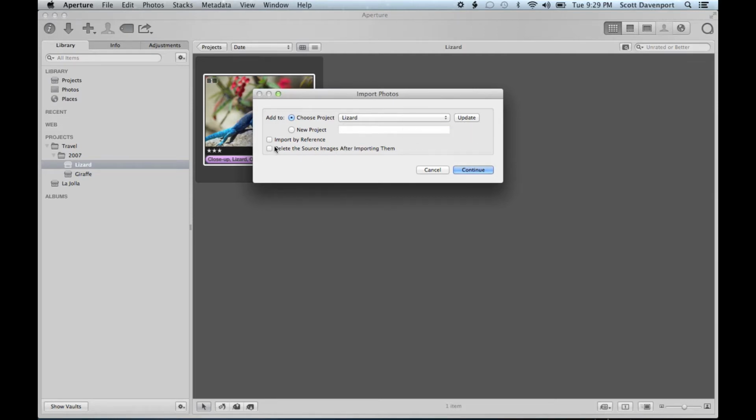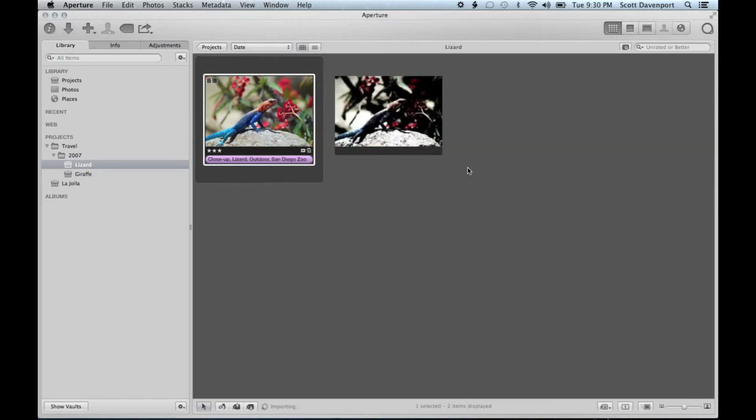The last thing I will check is this delete source images. Downside of having this prompt each time, I can't automatically have that set all the time. As far as import by reference, I don't bother with that. You certainly could. If you're exporting into a referenced hierarchy, you can then certainly import by reference and be done. I'll do a relocate originals later on when I'm working in my main library. So let's continue that. And the script will go off and chug a little bit,